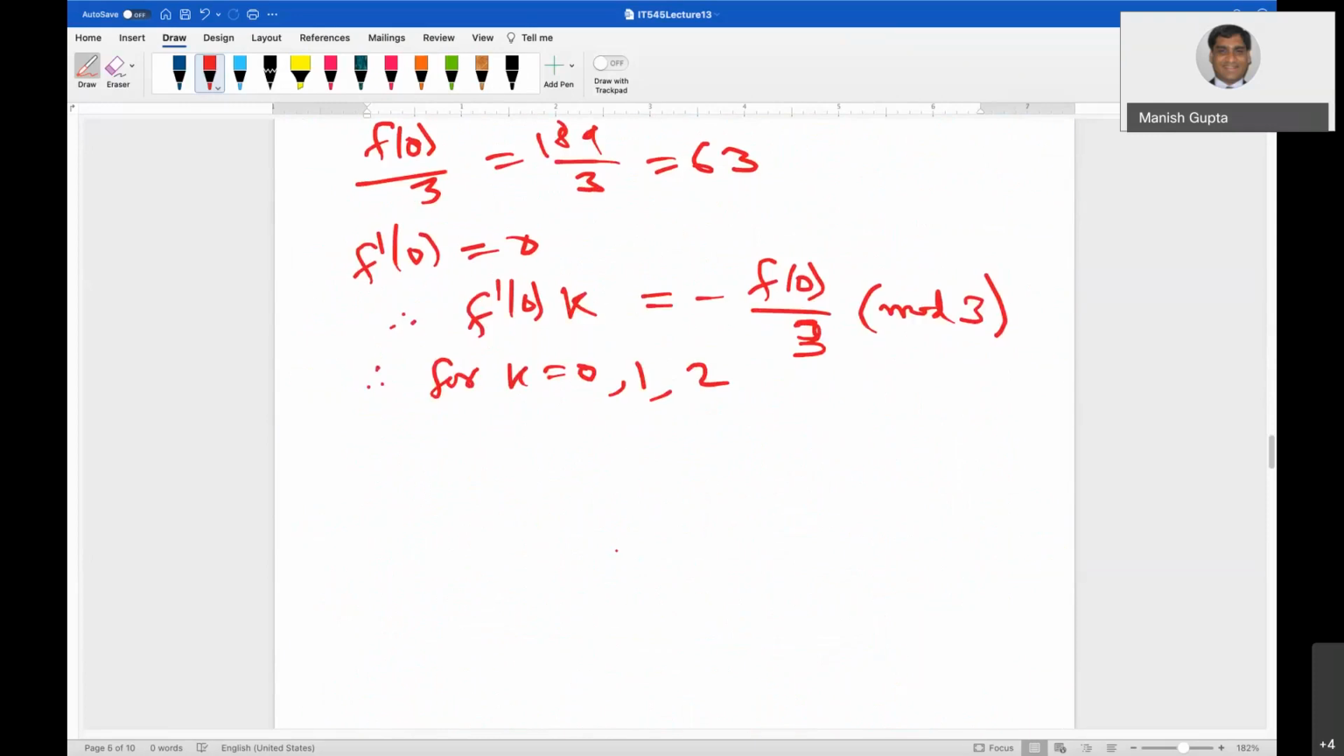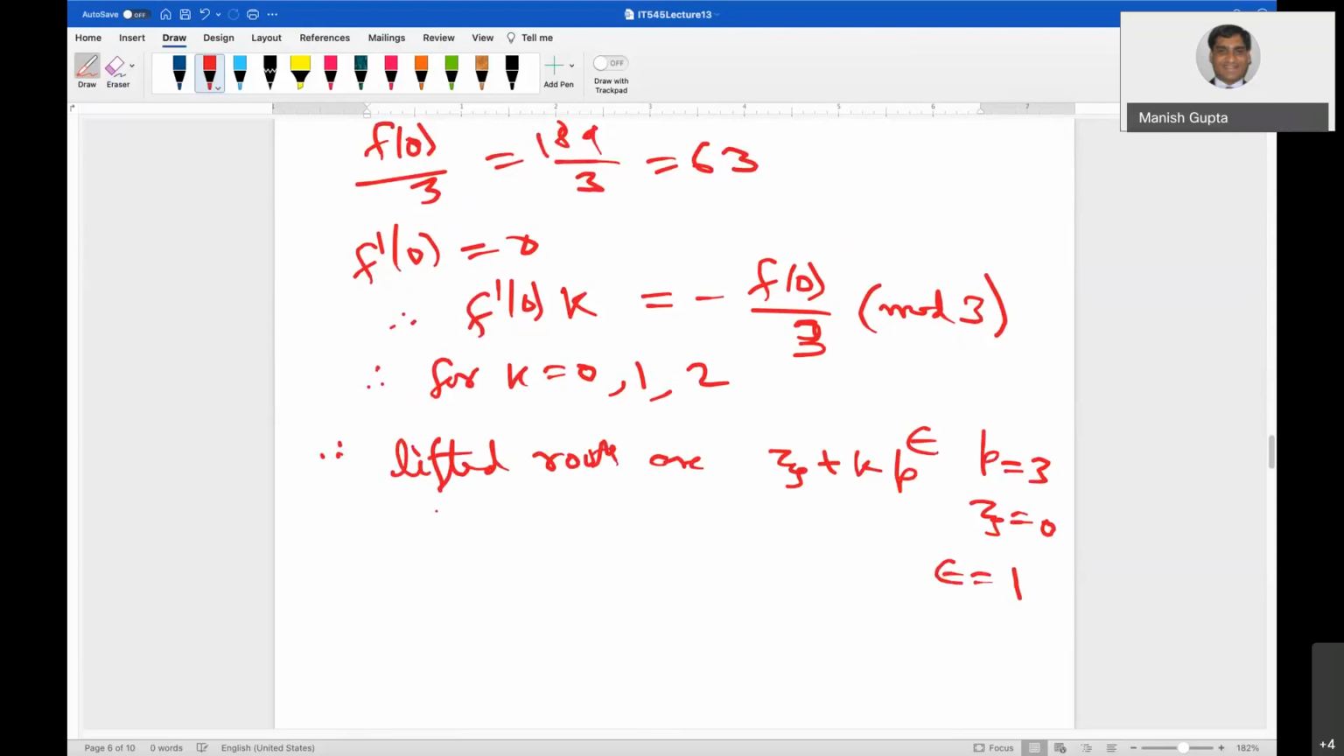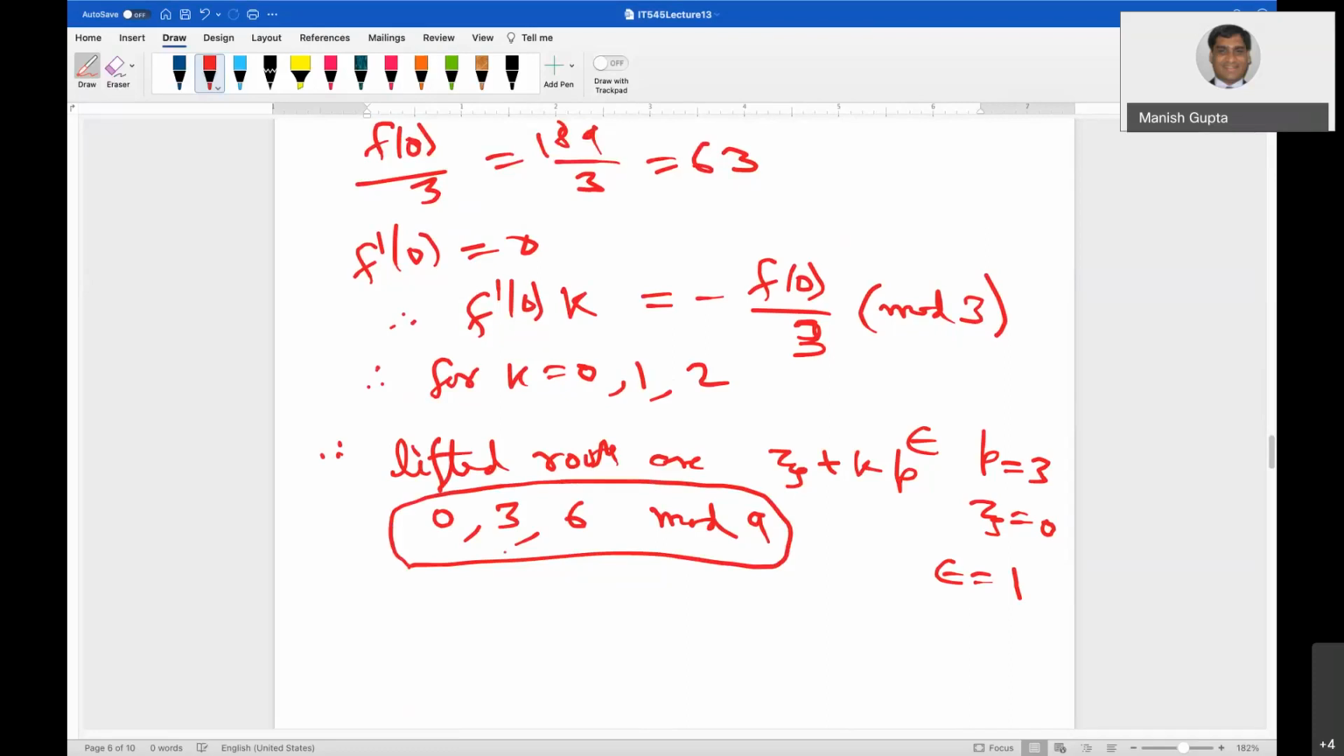So therefore the lifted roots are epsilon plus k times p raised to epsilon. If you remember, the value of p here is 3, xi is 0, epsilon is equal to 1, so roots are 0, 3, 6 mod 9. So we took root 0 and lifted it, and we got these 3 roots mod 9, that is 3 square, right. Now for lifting